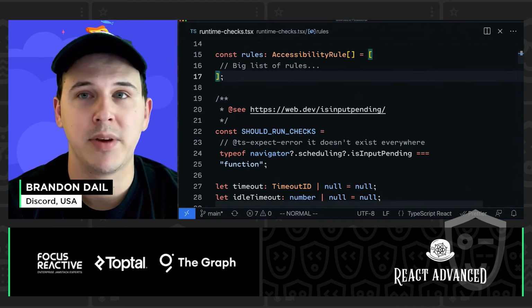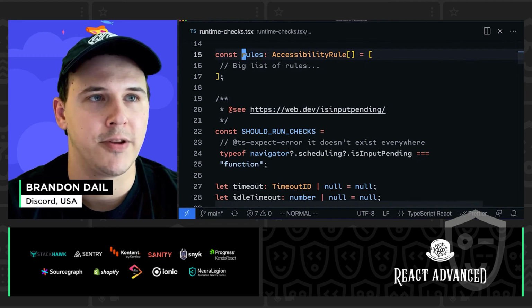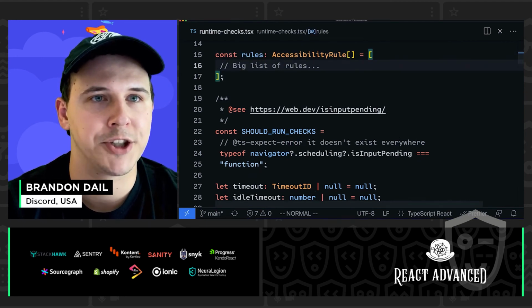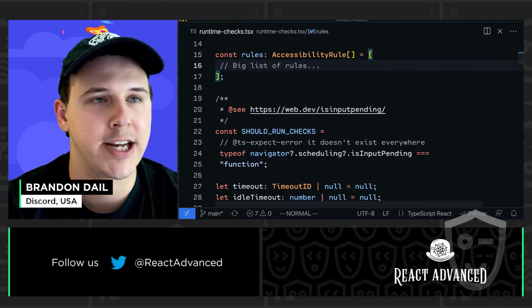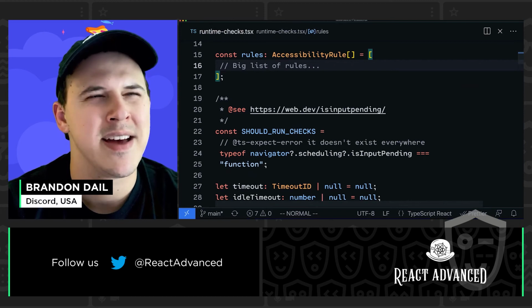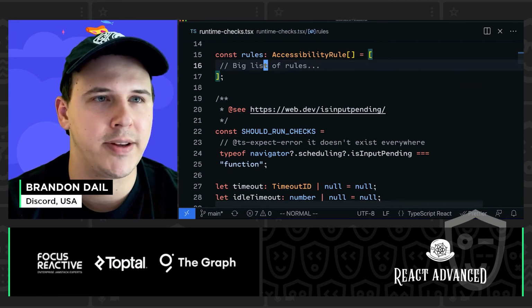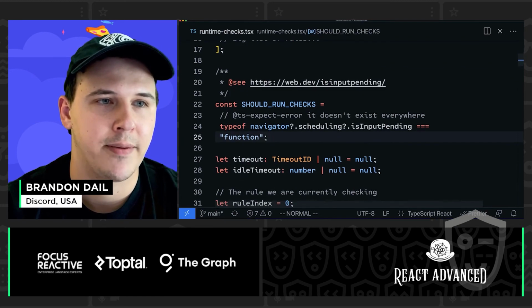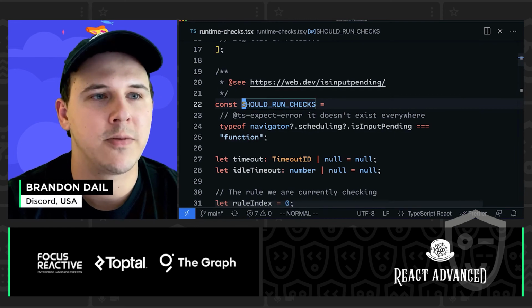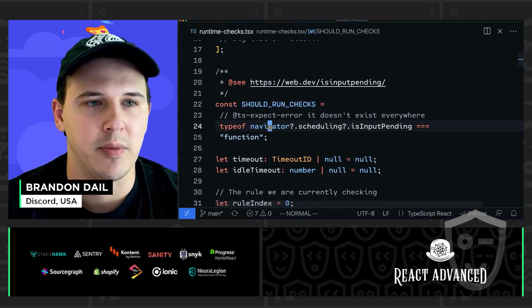So here is a simplified view of the code that we're working on now for the runtime system. So the first thing to note here is that there would usually be a big list of accessibility rules which define logic and behavior for querying the relevant DOM nodes and how to check the relationships we want to validate. But that's a lot of complexity that we're not really interested in here, so I've excluded them for now. The first thing to note is this should run check constant. Now what we do is we disable this entire system if this specific API is not available,